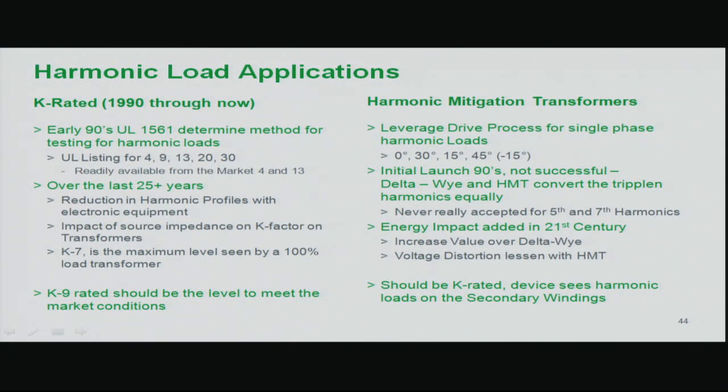The first is how we're going to meet the need of harmonic loads. Schneider Electric has chosen to merge their K-rated family and their harmonic mitigating transformer family into only one offering. The K rating that we have chosen to use is a K9. The reason we have chosen to move forward with a K9 in our offering is, over the last 20 years since K13 became the relevant specification, a number of things have occurred. The first being that the harmonic profile of the devices that were causing the harmonics has been reduced. A prime example, power supplies for computers now have a THD level maximum set by the European norm. That device is made globally. So the amount of harmonics created by a power supply is less today than it was in 1990 when K13